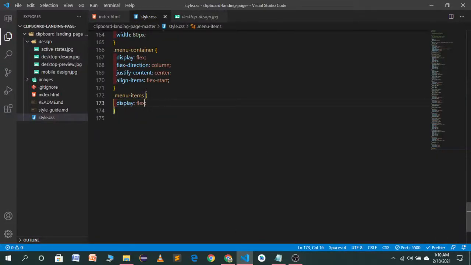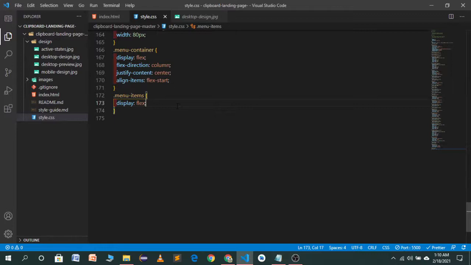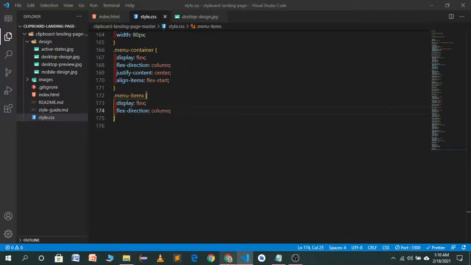We want it in a column direction, display flex, flex direction column. Now you will see, no, it's not looking great because the style has become the same right now.